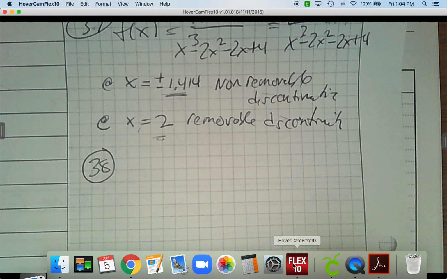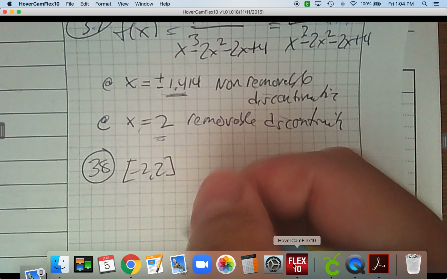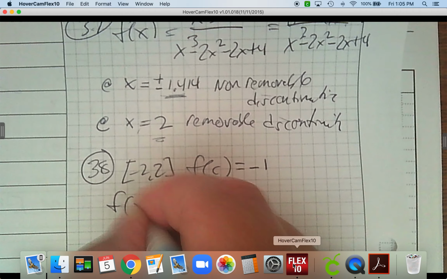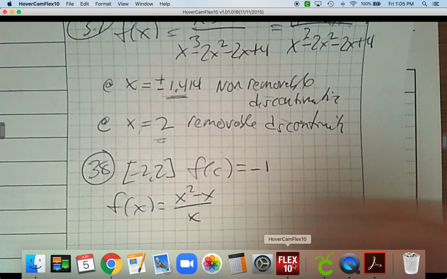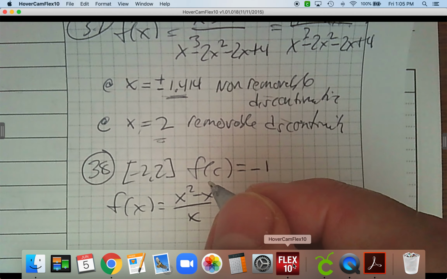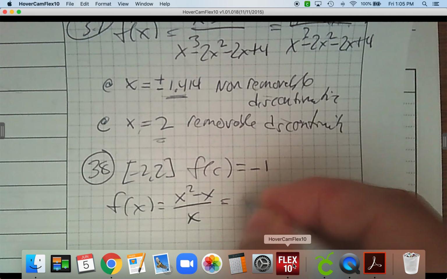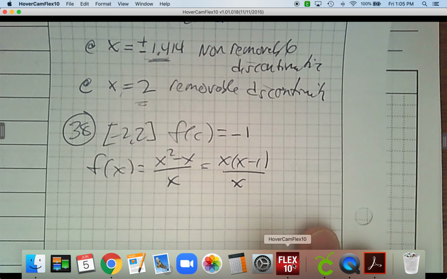38. 38 says, is there a c value between negative 2 and 2 for f at c equals negative 1 for this function, x squared minus x over x? And if there is, find the c value. If not, explain why not. So first of all, it has to meet two conditions. So the first thing I'm going to do for 38